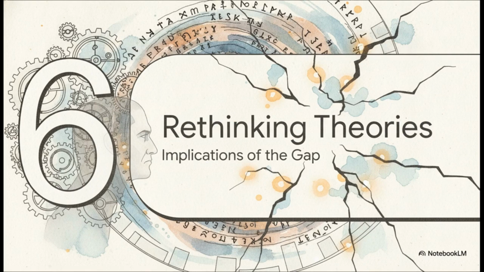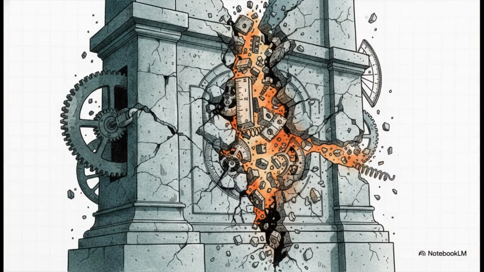Let's move to Section 6 and see how this builds into rethinking linguistic theories and the implications of the logic gap. When a fundamental logic gap like this is exposed, it honestly forces us to rethink what we just accept as settled history. Because think about it, what we've done here isn't bringing in outside controversial data. No, this is a strict internal audit. The mathematical deficit proves the current framework literally cannot validate its own historical lineage. By taking the framework's own anchor dates, its own required intermediate steps, and the field's own observed rate of language change, we arrive at a stark mathematical contradiction. The theory collapses under its own internal weight.